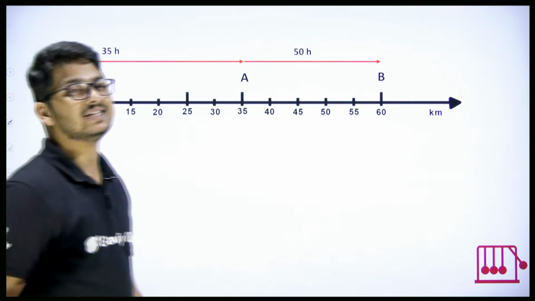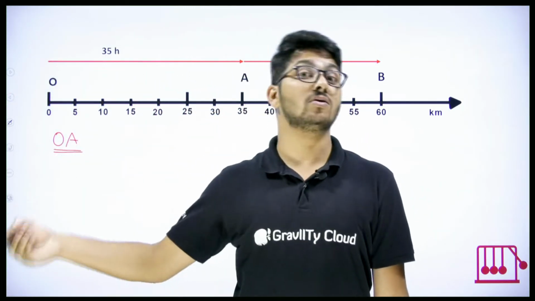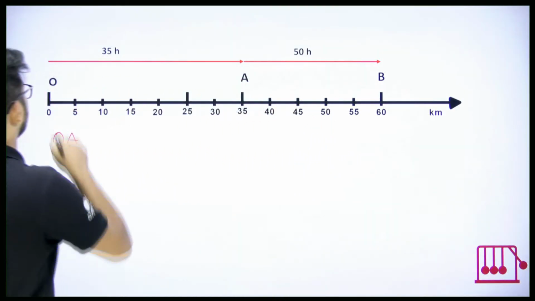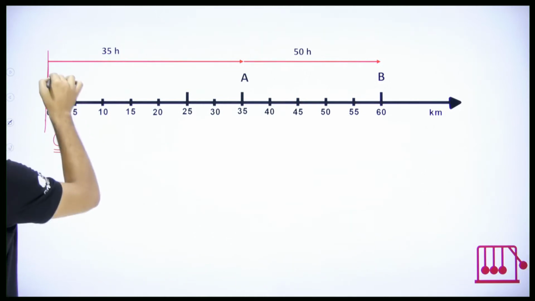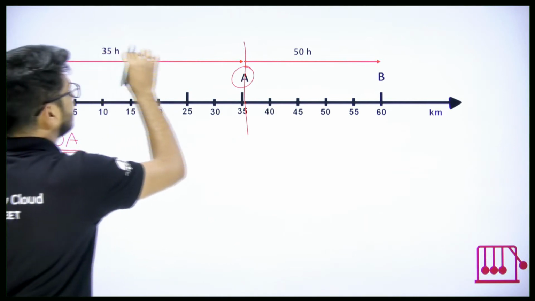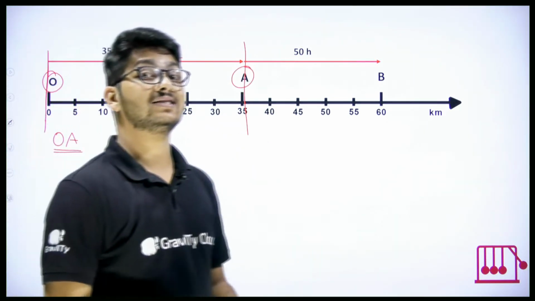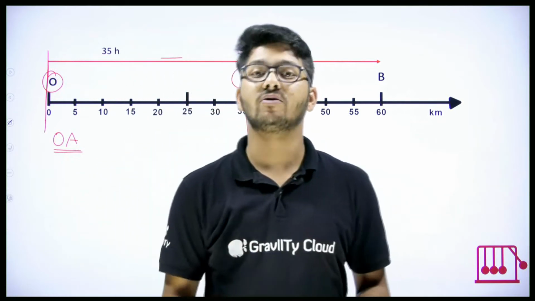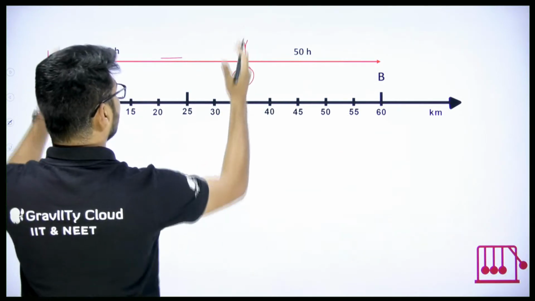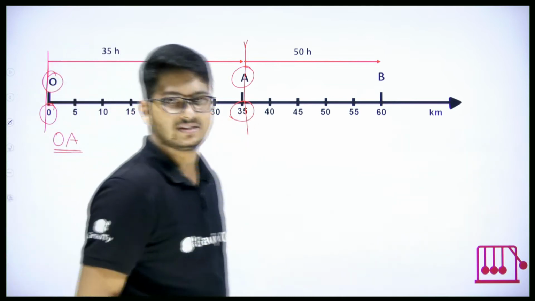Now we know that speed is equal to distance by time. So our target is to first find out what? First find out distance. Yes or no? So here for OA, O is here, A is here. So you can see this is the straight line, this is the path. So O to A, what is the path length? It's very simple. I need this length of the straight line. So how do you get this? If I use a scale, think of this as a scale.